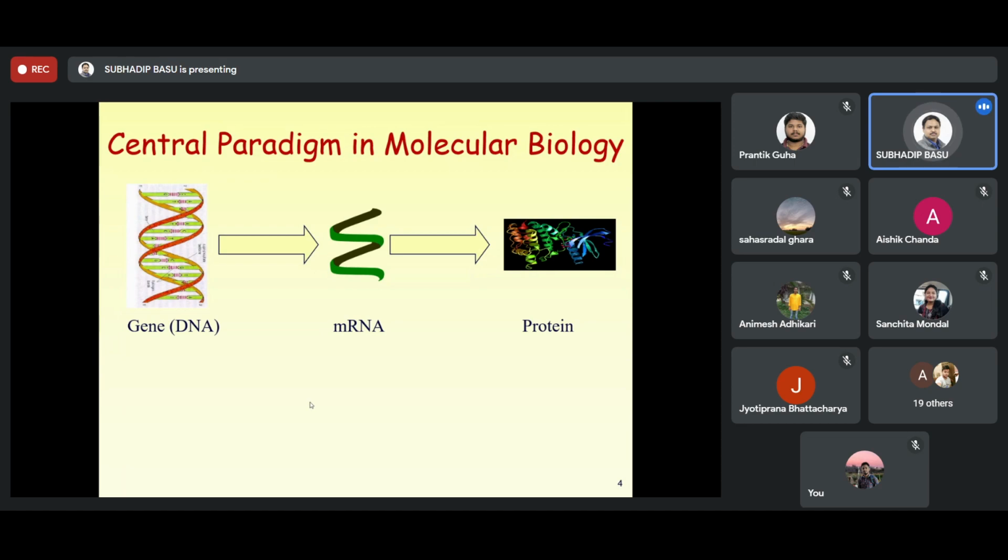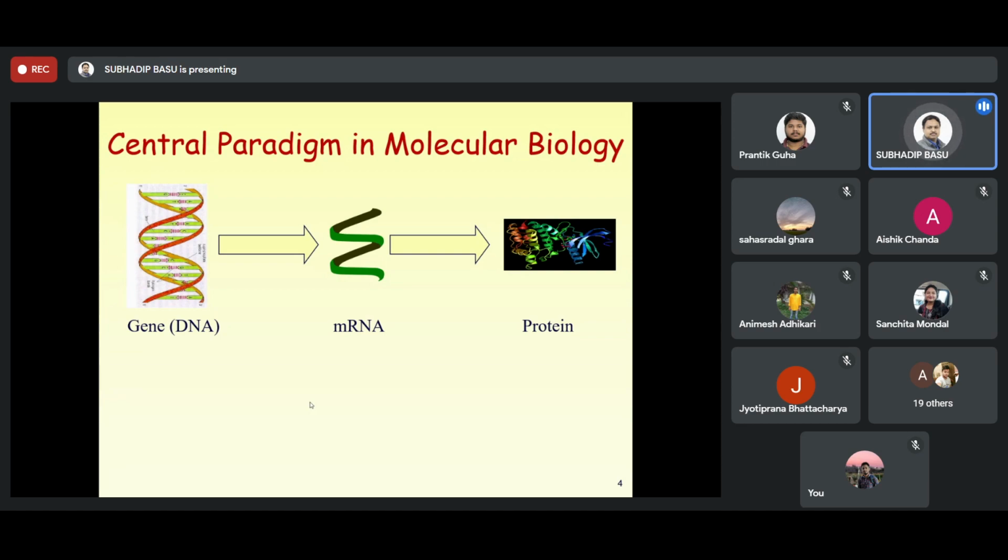You cannot cut that gene and take it out. So you just make a copy of that genetic segment, like you photocopy a very precious book from a library, and then you actually